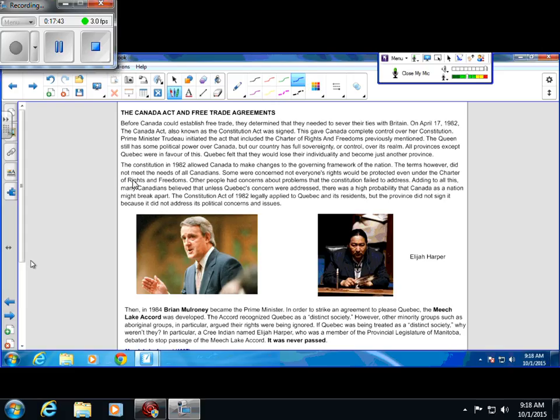With that being said, I'm going to stop there, and we're going to move on with our lesson for today. Today, we're going to finish up part 2 of lesson 3, where we're going to talk about the Canada Act and the Free Trade Agreement. Your learning goals for today are that you will learn about the Canada Act and the Free Trade Agreement. You'll learn about the Meech Lake Accord. You'll also learn about key women figures in Canada. We'll talk about that at the end.